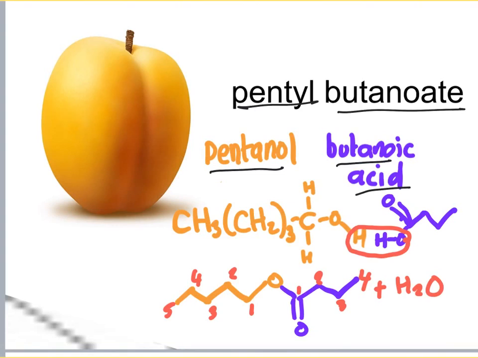Pentyl has got 5 carbons, 1, 2, 3, 4, 5. And for the butanoic acid, we don't draw this carbon atom here for the carbonyl group. That's carbon 1, 2, 3, 4 for butanoic acid. So this is the skeletal formula for pentyl butanoate, and this bit here is the